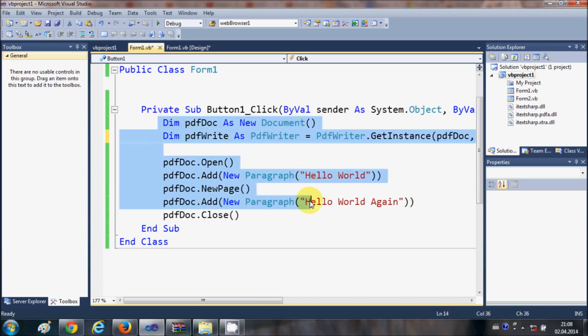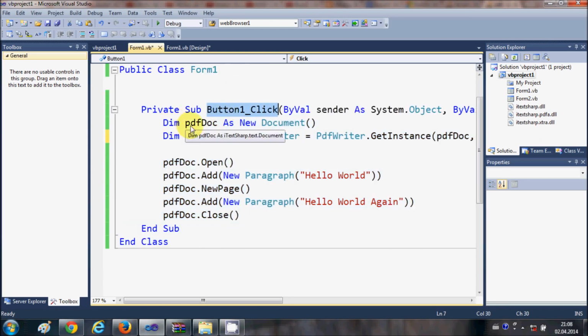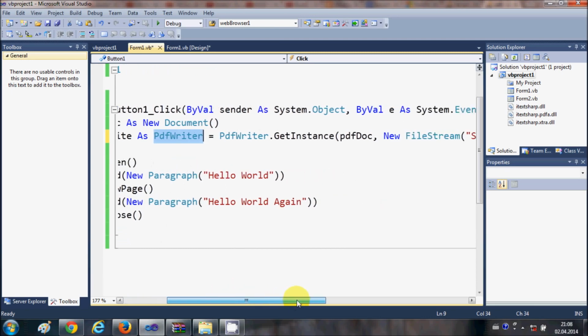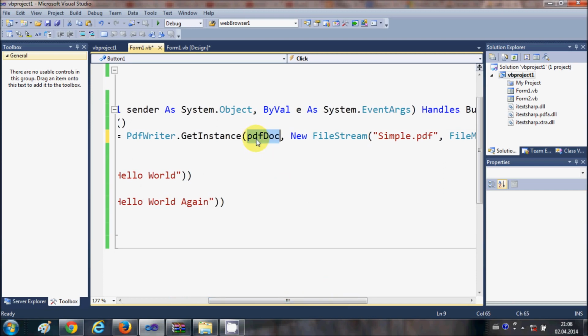So this is the code to generate a PDF file of 2 pages. Okay, so what you need to do in your button click event is to declare a variable for the document. So just write Dim pdfDoc As New Document, and in the second line just declare a second variable called pdfWrite as a PDFWriter instance. So just write Dim pdfWrite As PDFWriter = PDFWriter.GetInstance, and just copy